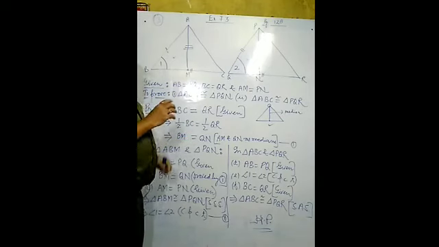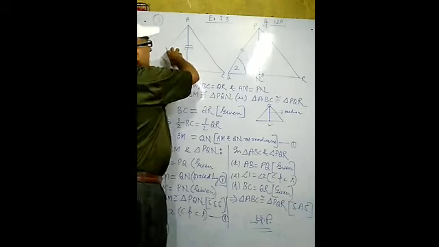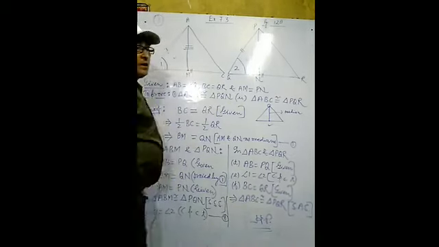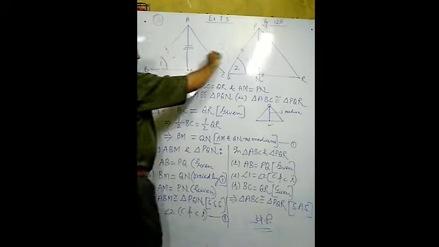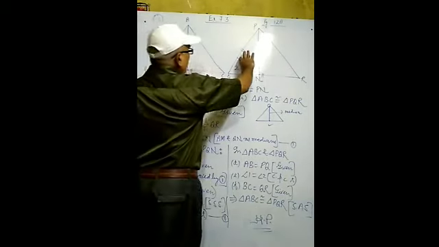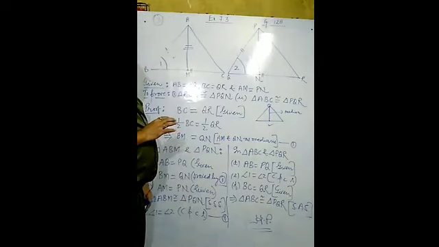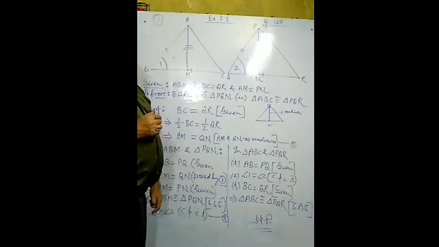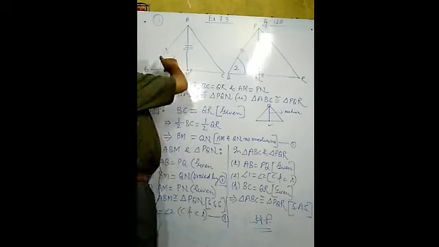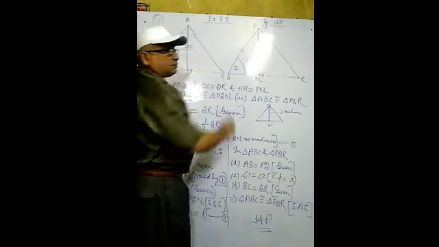On the basis of this, if this left hand side triangle is congruent to the other left hand side triangle, what result can be drawn about angle 1 and angle 2? By CPCT we can say angle 1 equals angle 2. How? Because these are corresponding parts of congruent triangles. On the basis of this, we can say that angle 1 equals angle 2.